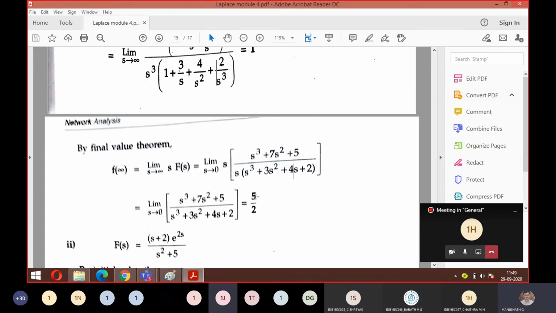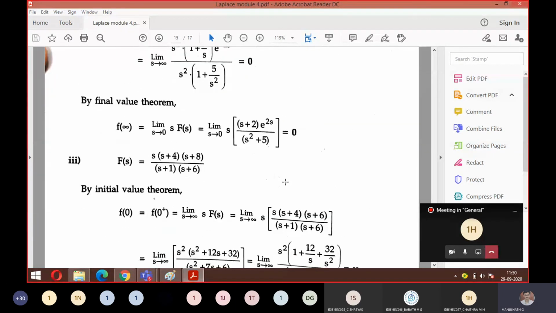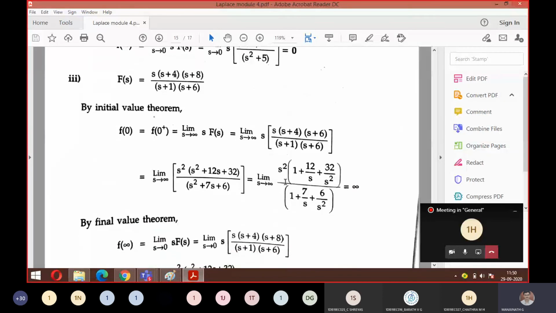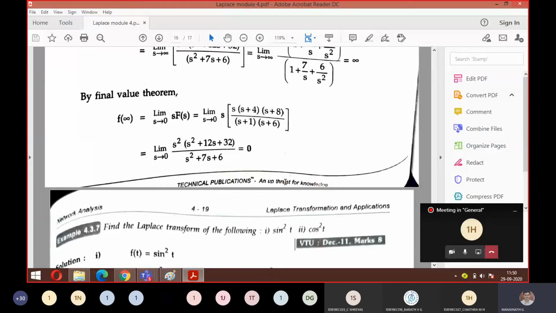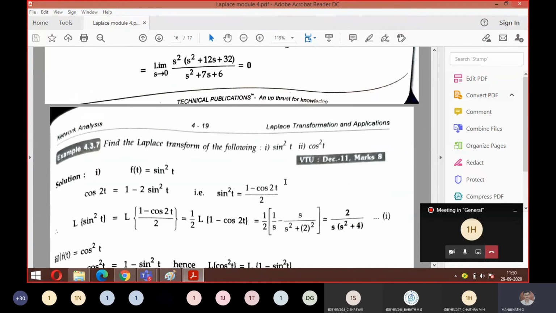Yes, sir. So simple thing, whatever constant is left out, that will be the answer, that's all. Wherever an s term is there, that becomes 0, meaning the complete term becomes 0. So left out is 5 by 8. Am I clear? Yes, sir. Okay, fine. So I hope now you can solve such kind of problem whenever they give initial value theorem, final value theorem. A few more problems are there. You just go through those once, which I have sent you, and if you have doubts, you can ask me.